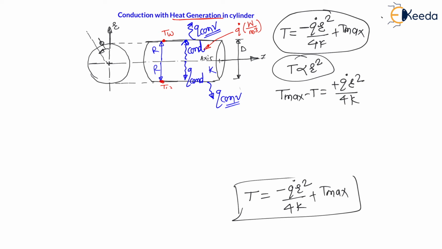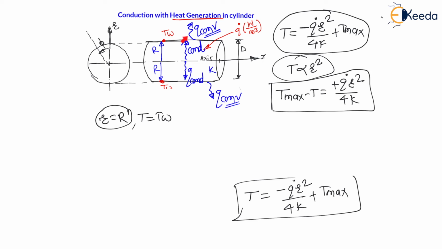Right? Now, my dear students, again the very first boundary condition we have is that whenever small r becomes equal to capital R, then temperature becomes equal to wall temperature, right? It is the wall temperature T wall, whenever small r becomes equal to capital R. So let us put here, therefore maximum temperature minus wall temperature will be equal to plus q dot capital R